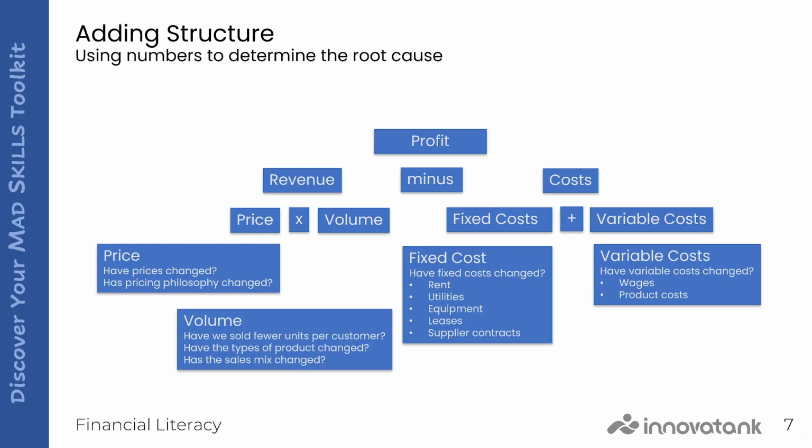To those, we can ask some questions. Has something changed here? And when we get to the volume, has the sales mix changed? Yes. And then we can go investigate why that's happening. In this case, it was because of a reorganization of the store, which saw those low profit items, those loss leaders, become the items that they put in the middle when you go from top to bottom of the shelf, and those wind up at eye level, so those are the products that are bought. So it changed their sales mix. And when we do this, it gives us the ability to track down some of the answers that we might be looking for as we go through.